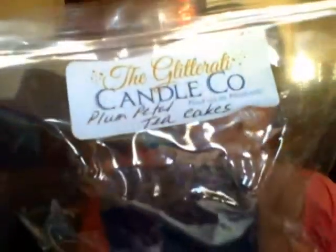Okay, this is plum petal and tea cakes. Another one that I was curious about. I wouldn't normally order it. Never had plum wax before. Again, it's another big chunk, and this one's gorgeous. And I really like this. I get that tea note. The plum,